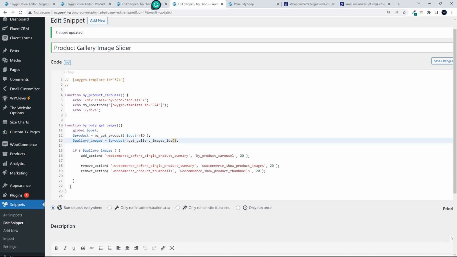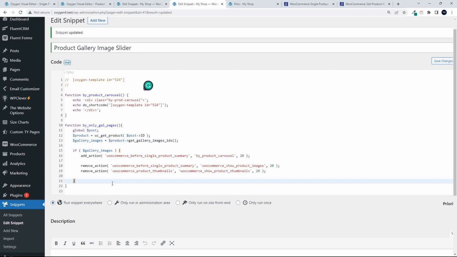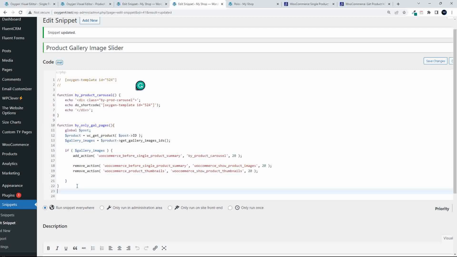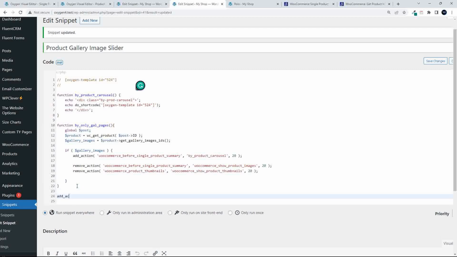The only other thing we need to do now is to determine where to run this function. So we've created the function, and now we just need to run this as an action. So add action, and what I found with WooCommerce, the best one to use is the WooCommerce underscore before underscore template underscore part, and then we put in the only gal pages,